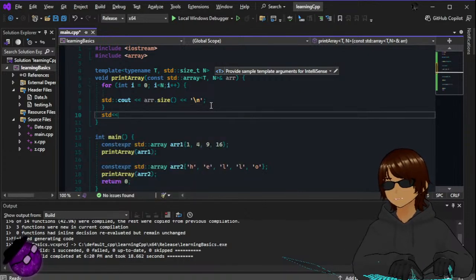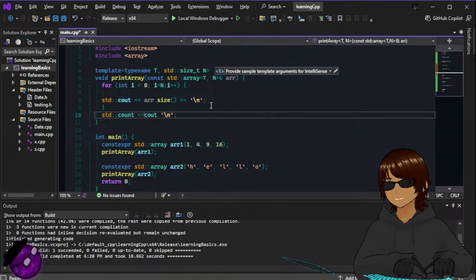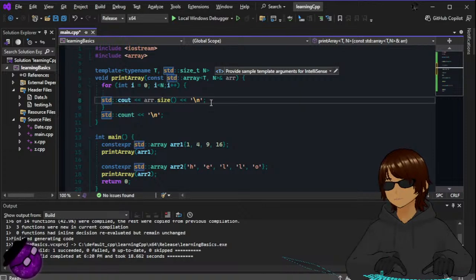Std cout, std colon colon c. I don't know why it does this. Hold on. Okay, and then